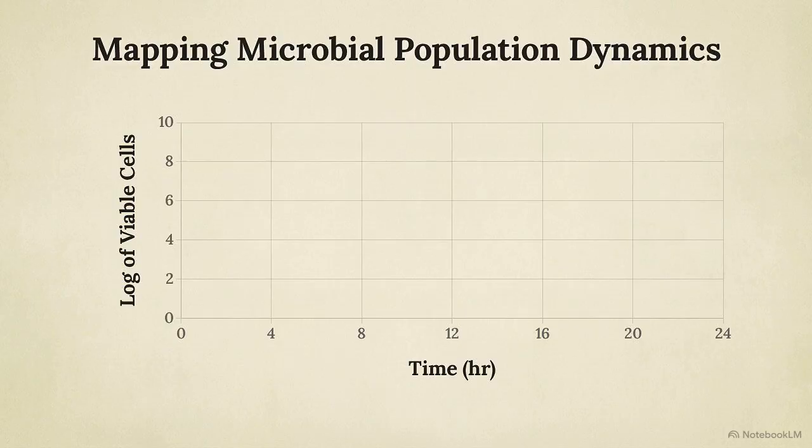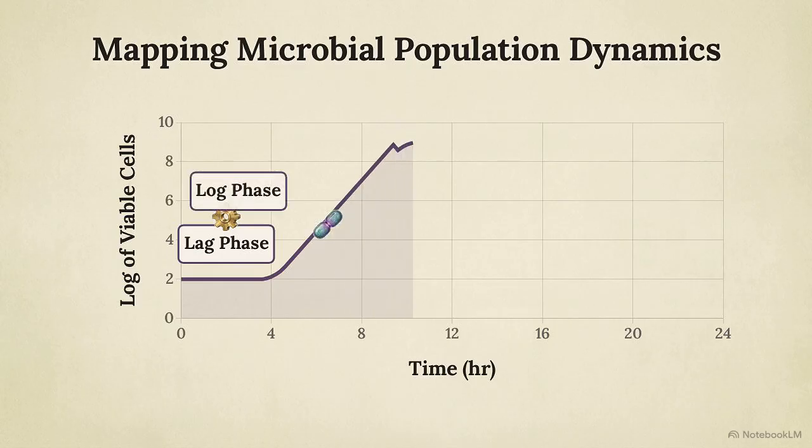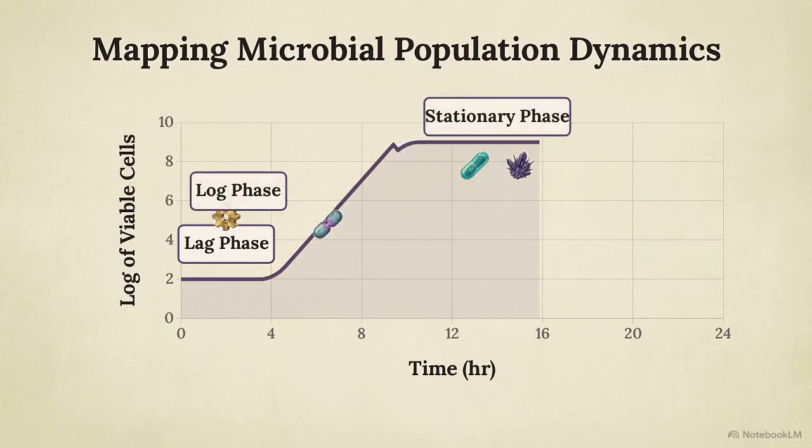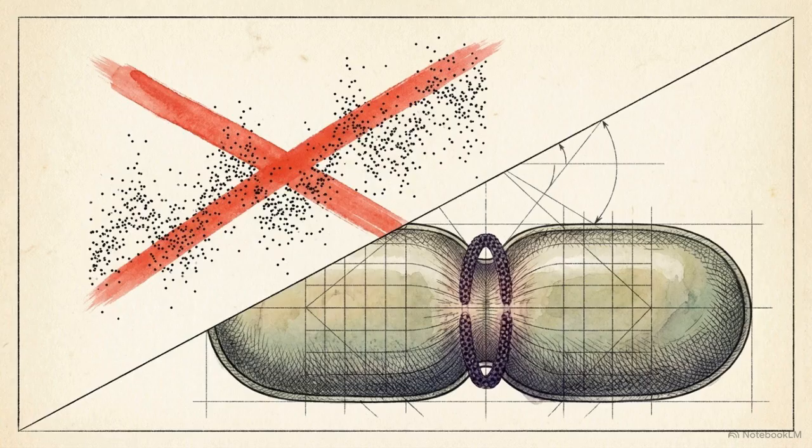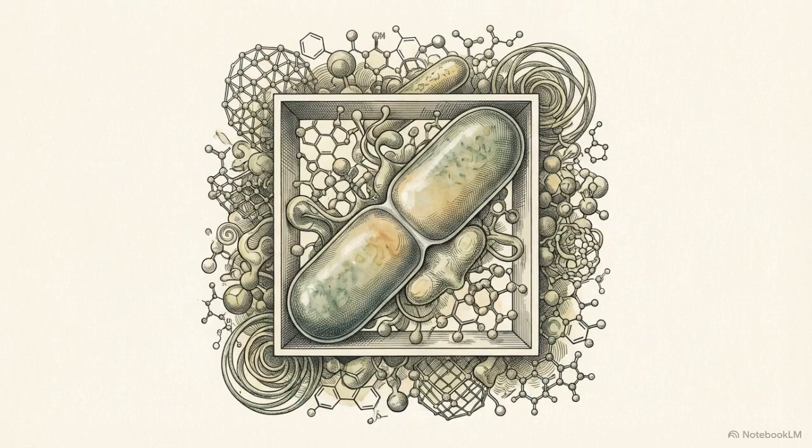This chart outlines the bacterial growth curve, the core analytical model mapping a microbial population over time. It traces four distinct phases: the flat lag phase, the steep climb of the log phase, the high plateau of the stationary phase, and the downward death phase. This curve is not a generalized statistical trend. It is a rigid mathematical output driven entirely by the mechanics of microscopic division and the absolute physical boundaries of